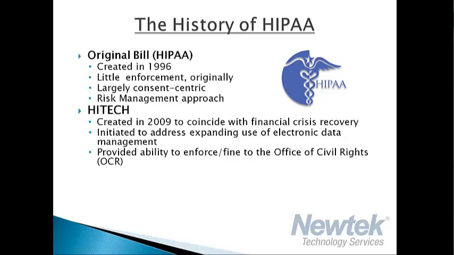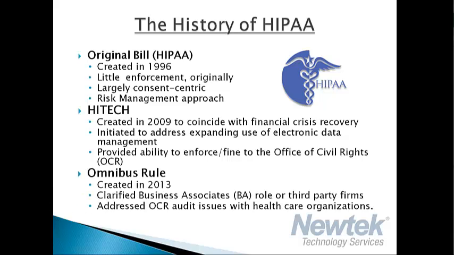So in 2012, the Office of Health and Human Services issued an audit to try to see what was going wrong and see how HIPAA was being handled. Well, as a result, they found some definitive problems. They were still seeing breaches of data, or PHI, and other problems when it comes to third-party firms or business associates. Based on those findings, the government added the omnibus rule to the HIPAA bill in 2013, and it basically